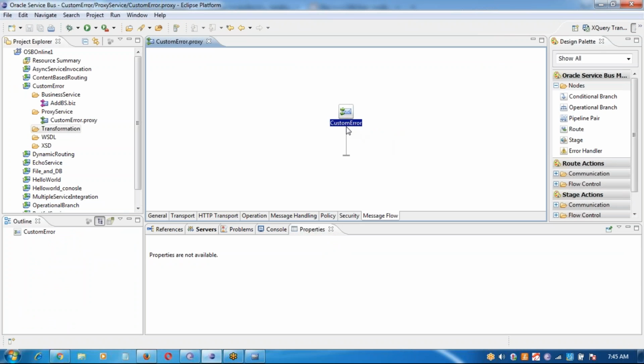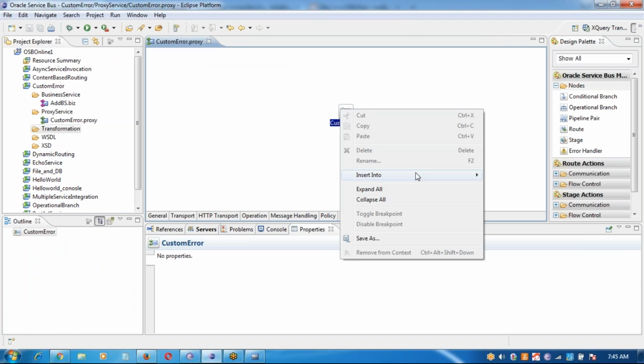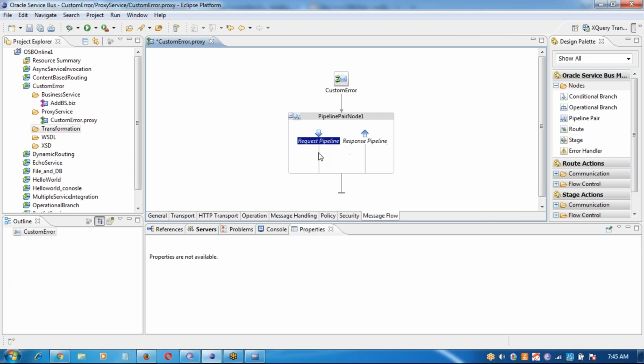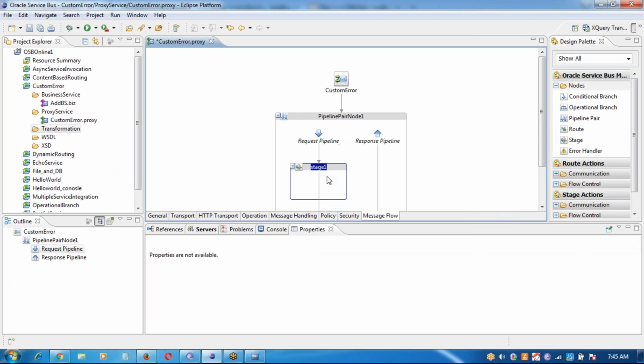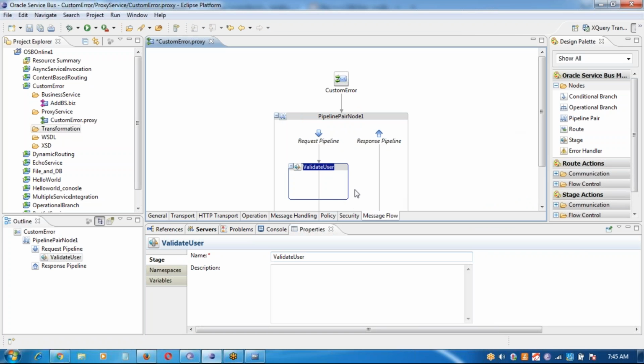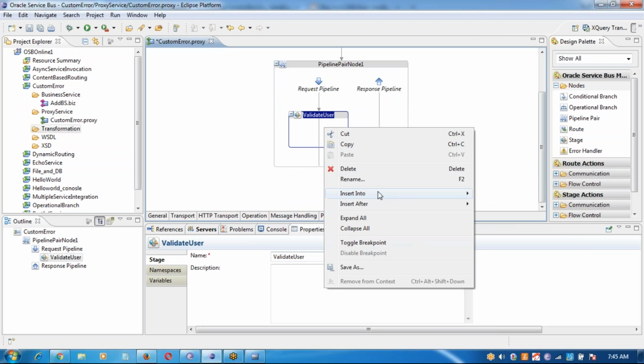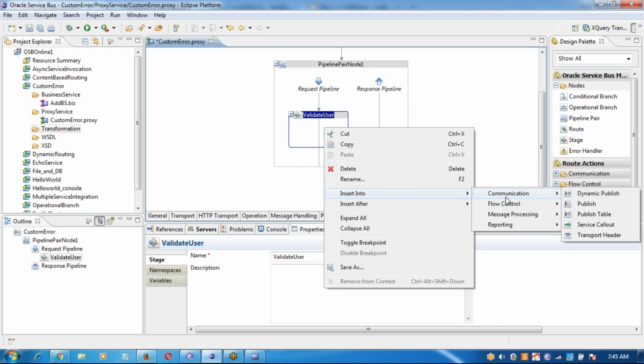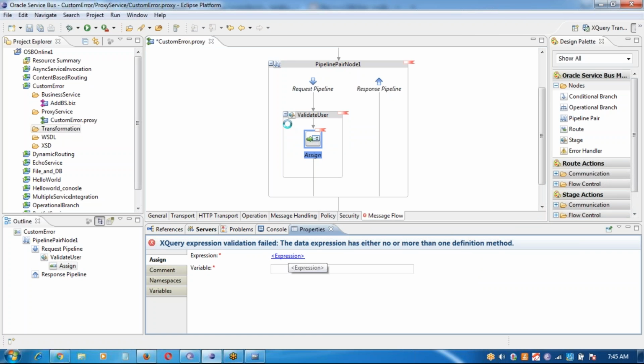Now before going to invoke any service, first of all I want to validate the user, so instead of placing a route node, I'm using a pipeline pair node. Now inside the pipeline pair node, just use one stage here, validate user, and inside this stage I'm using one assign. Inside the assign,